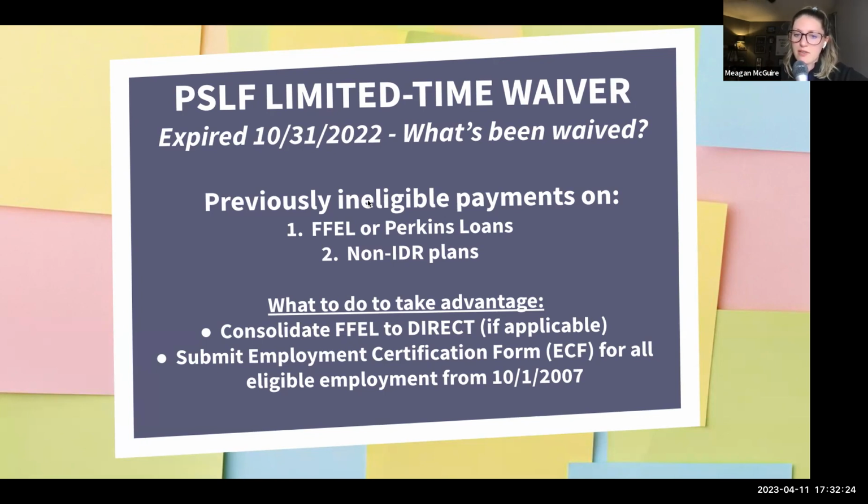So what you would need is just to have the email address for who is able to sign off on the form. And what they're signing off on is just confirming that, yep, you do work there. You work there full time. That's all they're doing. They're not confirming how much you make. They're not confirming anything else but the fact that you're working at that employer. So they're going to get a signature link now, as long as you have their email that you could send it to. And then that's how you submit documentation. And then, it all technically goes through studentaid.gov or MOHELA, where those forms are eventually processed. But those are some good questions so far.